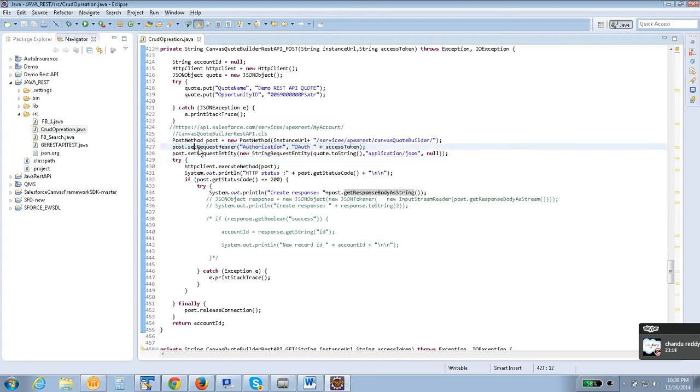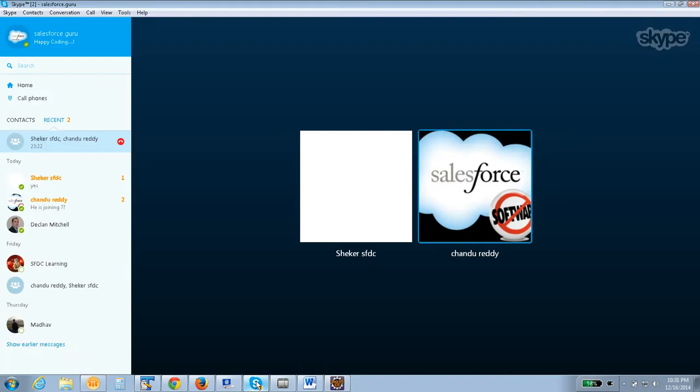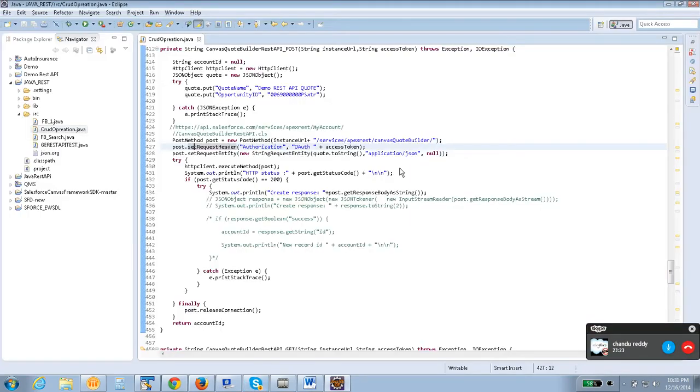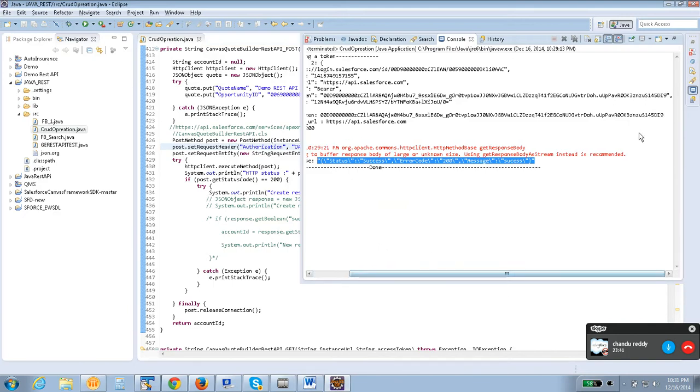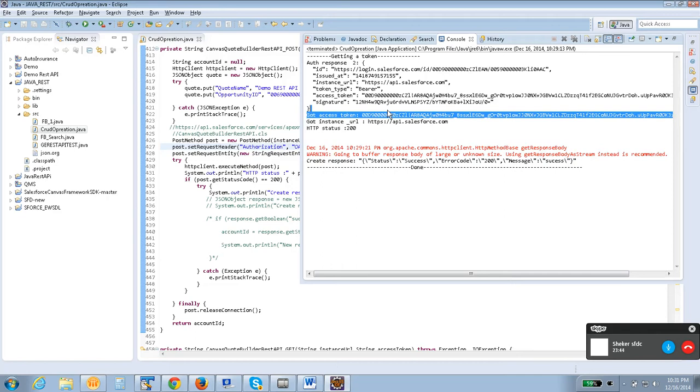One more question, Suresh. Will the access token get refreshed or will it be static? It will be dynamic, so it depends on user to user. Now I have logged in with my user credentials, so it is dynamically generated. We can't hard code that particular access token. If you keep this access token with you and run the same thing tomorrow and cross check, it will not be the same.